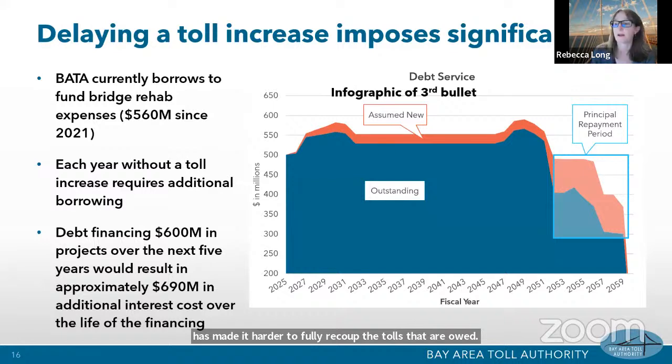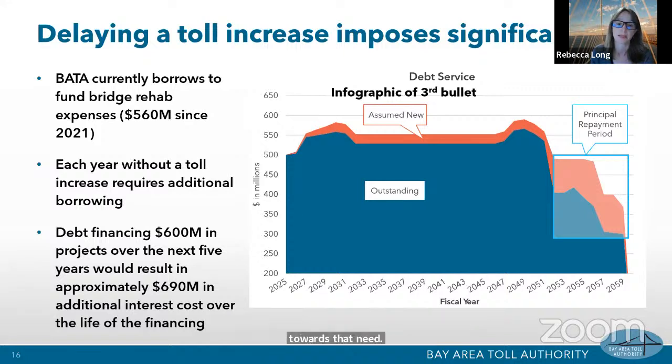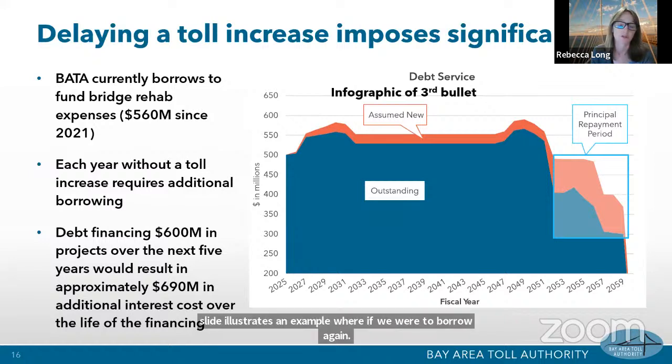So BATA does currently borrow to fund bridge rehab. That is something, that's not a great practice. And by raising the bridge tolls, we're going to be able to have ongoing revenue that can be going towards that need. This slide illustrates an example where if we were to borrow again, let's say another $600 million, and